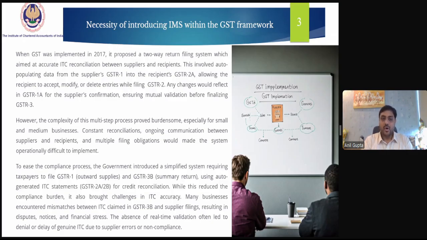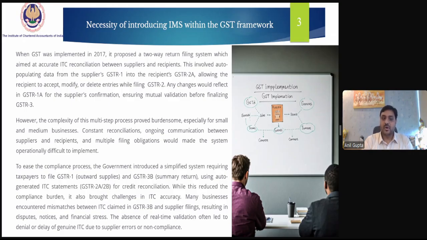This involved auto-populating data from the supplier's GSTR-1 into the recipient's GSTR-2A, allowing the recipient to accept, modify, or delete entries while filing GSTR-2. Any changes would reflect in GSTR-1A for the supplier's confirmation, ensuring mutual validation before finalizing GSTR-3.